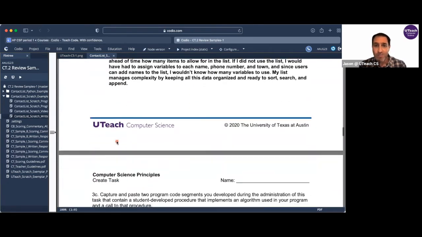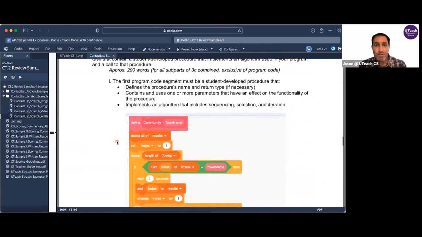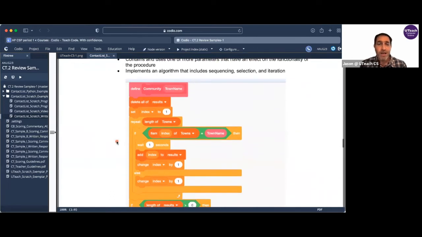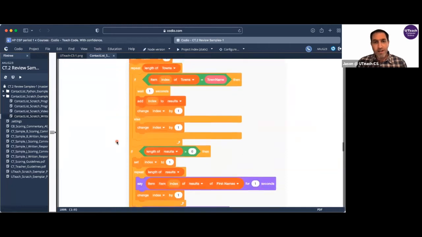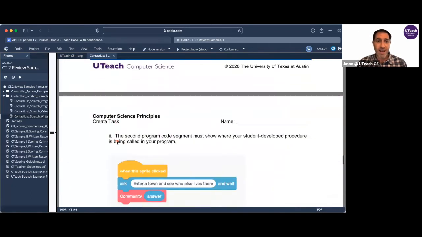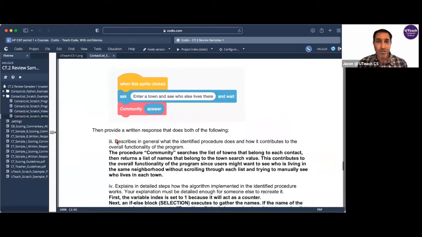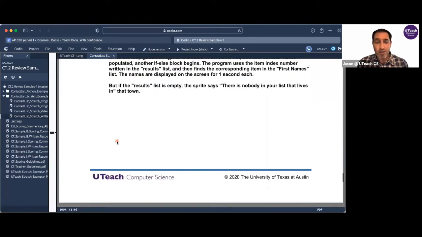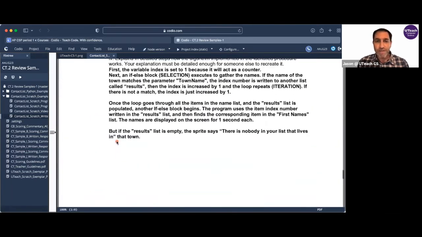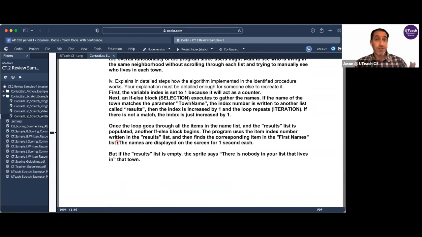Now that's the next thing we're going to talk about. The procedure that we're talking about is how to sort by town name. So those are the three things that we're talking about, okay? As you can see here in our written response. So if that's what we're talking about in our written response, that's what we're going to have to show in